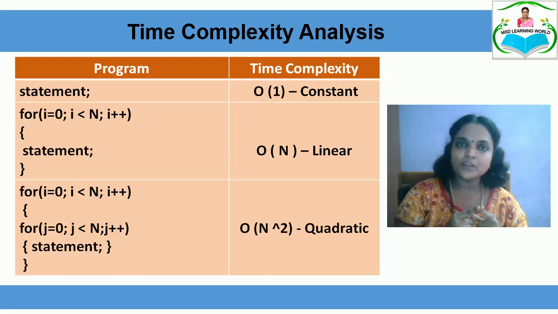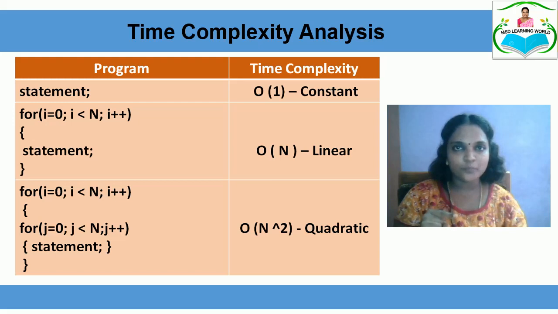Now coming to the second one, when you have a for loop where your for loop starts from 0 to n, it is clear that your for loop is going to be executed n number of times. The logic that you have used inside your for loop is a single statement, so that single statement will compulsorily run n number of times. So the time complexity of the specified for loop will be order of n, which is a linear time complexity.